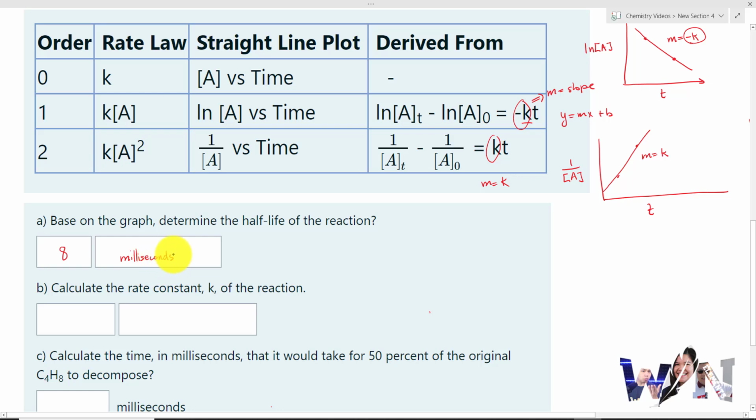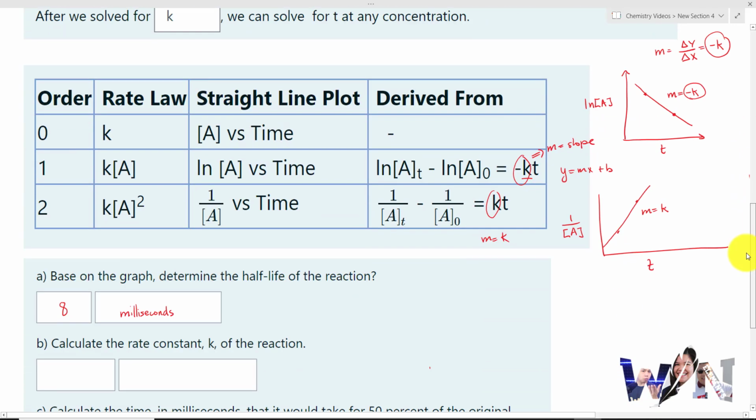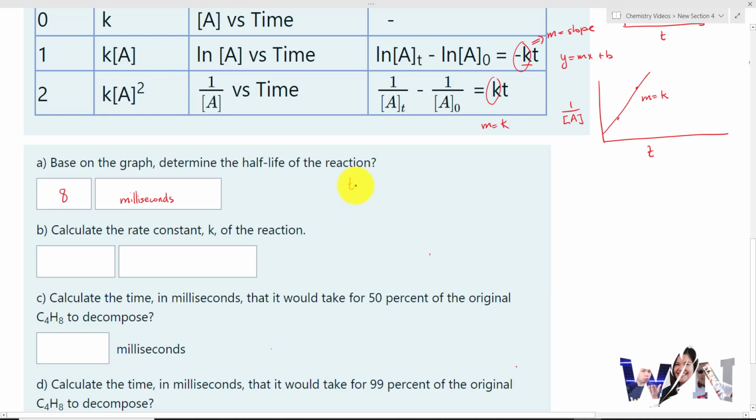Now calculate the rate constant. That's where it gets tricky. Remember we talked about this equation? You have to memorize this, although it's given to you on a data sheet. So what we have here is T1/2 equals 0.693 over K, right? We are trying to solve for K, and we already figured out the half-life, so we can cross that out and put 8. How do you get K by itself? Just crisscross. We'll bring that over. So K is equal to